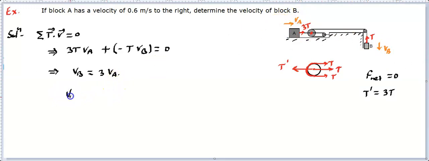And if you are looking for the magnitude, you can easily find out it's going to be 3 into VA, which has been given as 0.6. In proper SI units, the velocity of B point downwards is going to be 1.8 meter per second, and this is in the downward direction. Since it's come out to be positive, whatever direction you have opted is the correct direction, right? So this is the formula of the constraint relation whenever there are blocks and string connections. So you can use this formula and it will give you the answer.